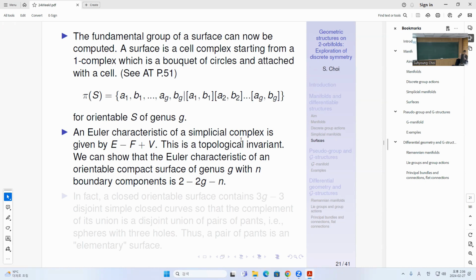given by the number of vertices minus edges plus faces, and you can show it's a topological invariant. So if you have an orientable compact surface of genus g with n boundary components, or n holes, as people say, this is the Euler characteristic. Okay, so that's